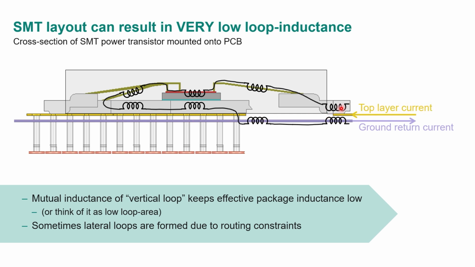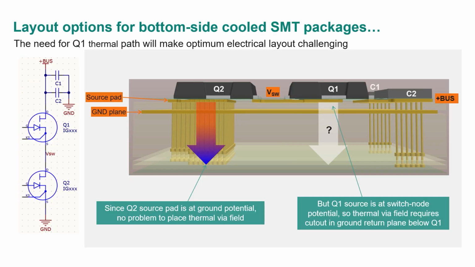If I have my transistor current here, drain current, return on layer 2, I get a very thin layer, just like we looked at on the gate drive. Remember that. This gives me a very low overall inductance. So I could lay out my entire circuit this way, but I might run into one problem. So here's what we were just looking at, right? This transistor, it's expanded here to see a little bit better what's going on.